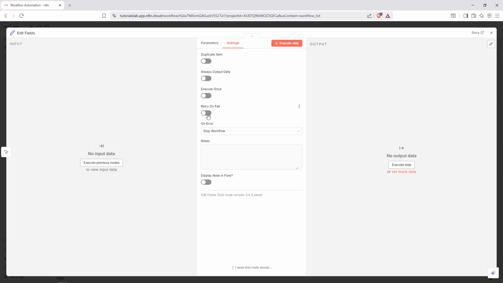There's also a Retry on Fail feature that automatically attempts to reprocess data if an error occurs. Finally, you can configure an On-Error action from the drop-down menu. This determines what happens if the node encounters a problem during execution, giving you control over error handling within your workflow. And that's how you effectively use the n8n Edit Field Set node to transform and manage your